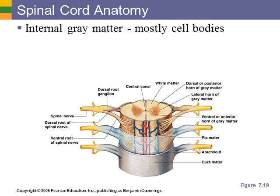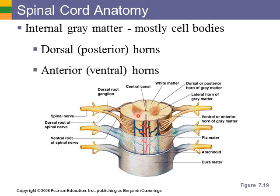Now, the gray matter, which has the appearance that you see here, kind of like a butterfly, to me it looks like a butterfly, or the letter H, is mostly cell bodies. So within here you're going to find the unmyelinated cell bodies. Now the posterior horns, these would be the ones right back here. The posterior horns are going to be basically receiving sensory signals. So the cell bodies located in these posterior horns, again right here, are going to be receiving sensory information from the sensory nerves. While those in the anterior horns, ventral horns down in here, are basically going to be the neurons for motor nerves, the cell bodies that are going to control